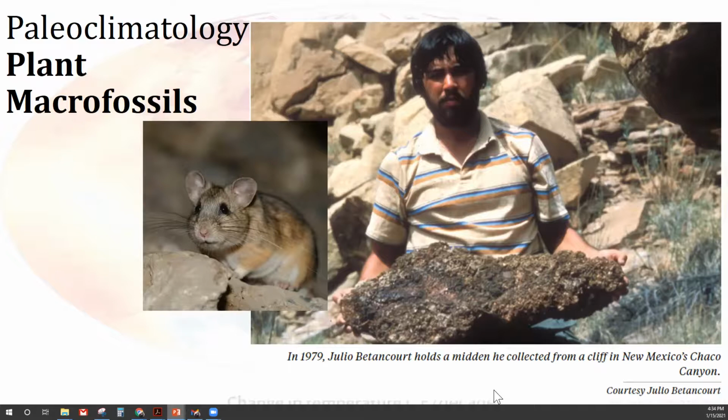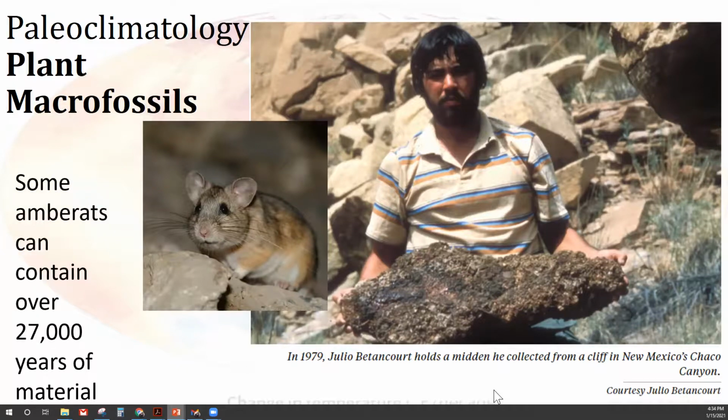What they do that's particularly useful for paleoclimatology is that they do this for tens of thousands of years. And you say, well, it kind of decomposes. Well, not exactly. What they actually do is pee on it. And they pee on it and pee on it for 27,000 years sometimes. And so in these amberats, you can have 27,000 years worth of plant material, or sometimes archaeological arrowheads,